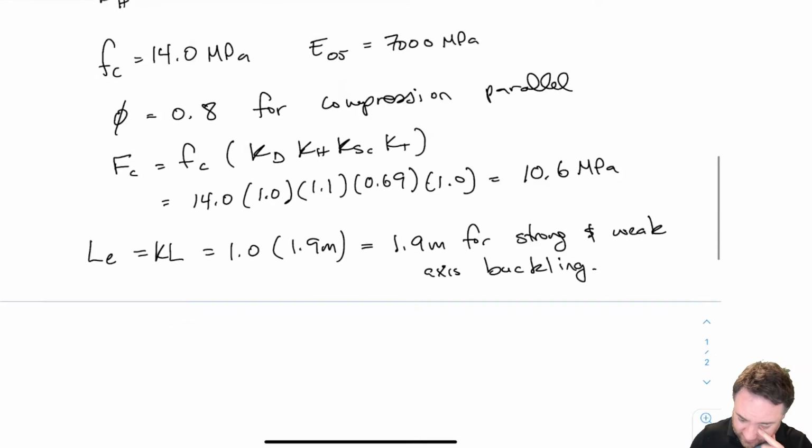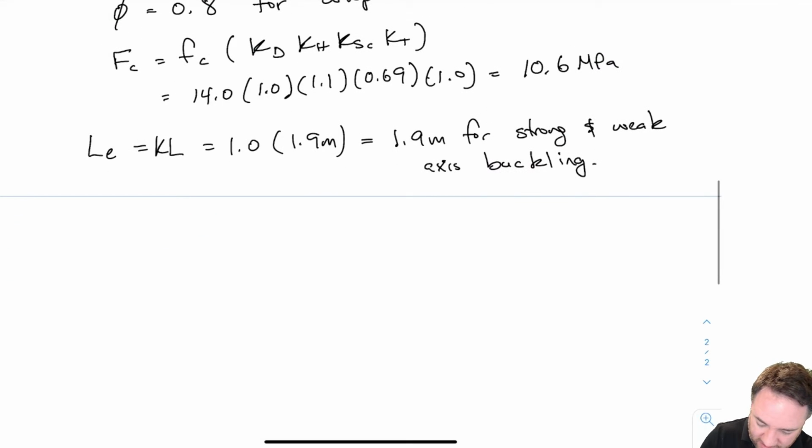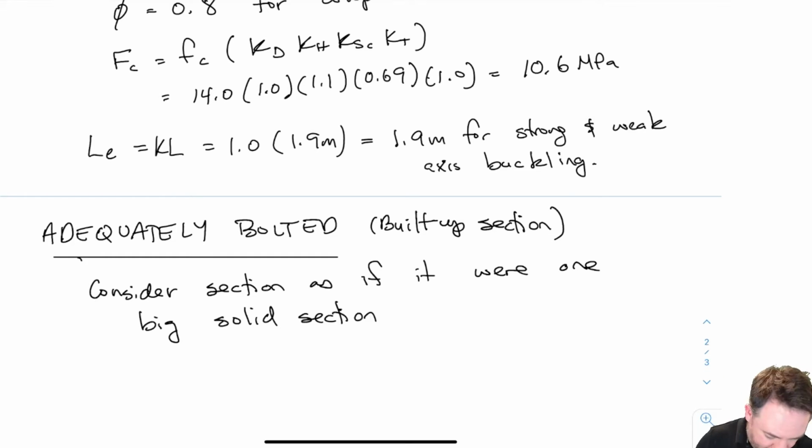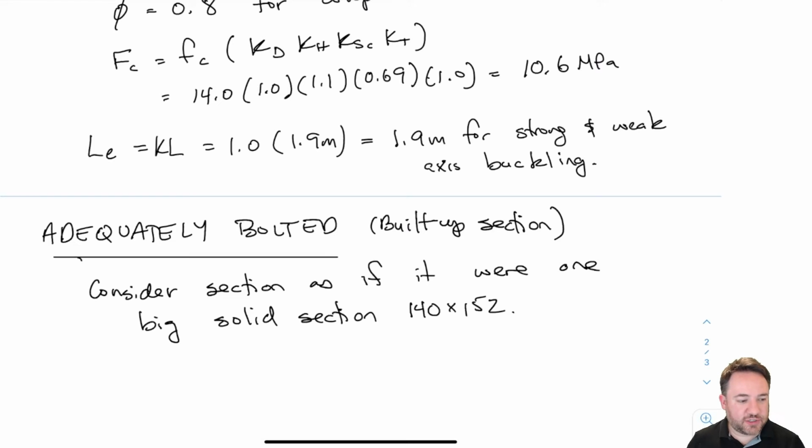Okay, so first, let's do the case where we have adequate bolting. So we basically have a built-up section. Okay, so we're going to consider first that our section is adequately bolted, which means that we are matching the bolting requirements that we talked about in the previous video, where we talked about built-up sections. So that means that our spacing between the bolts is adequate, and also I have a correct number of rows, and I'm using at least 1/4 inch bolts. So we're assuming that that's all true. So I'm not going into the detailing of the bolted connection right now, but we're just assuming that it's true,